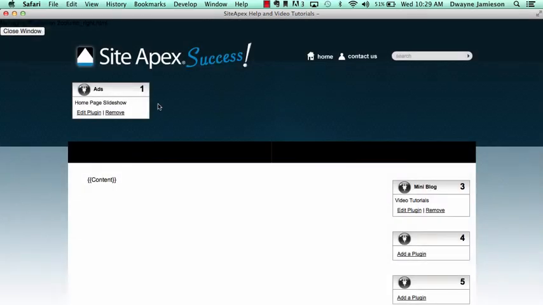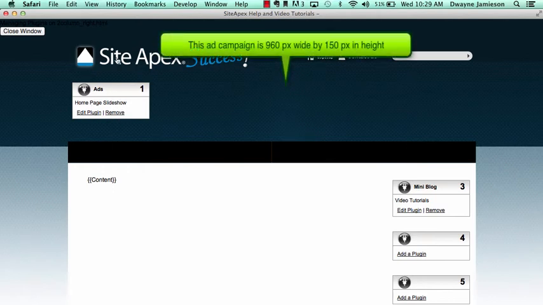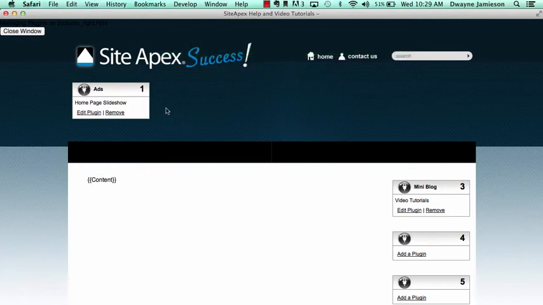I've created a div in Dreamweaver to be this size. I know that it's 960 pixels wide. I know that it's 150 pixels tall, and so I have designated this space. If you go to Template Manager and you don't have any plugins, you don't see this little plug symbol anywhere, then you'll need to contact your web developer or web designer to make sure that they have set up a space for you to use